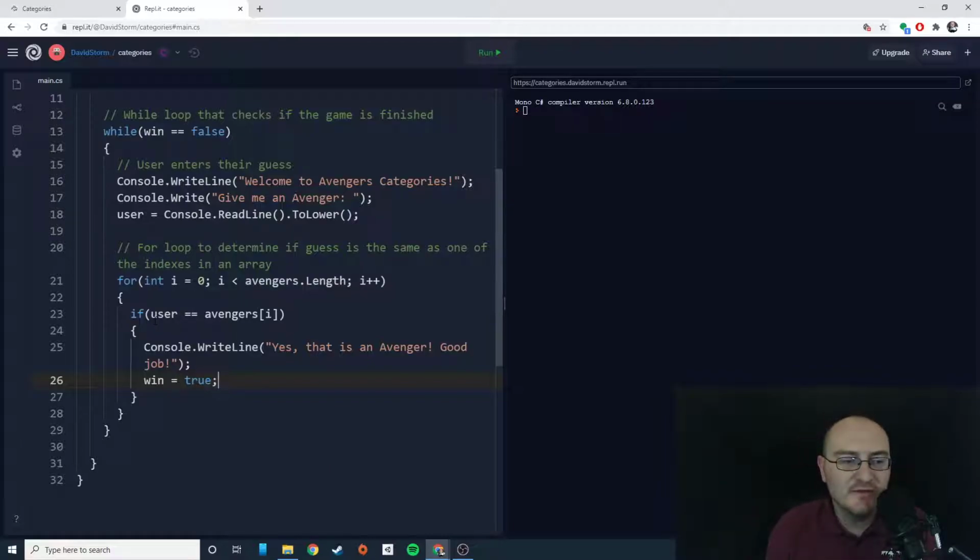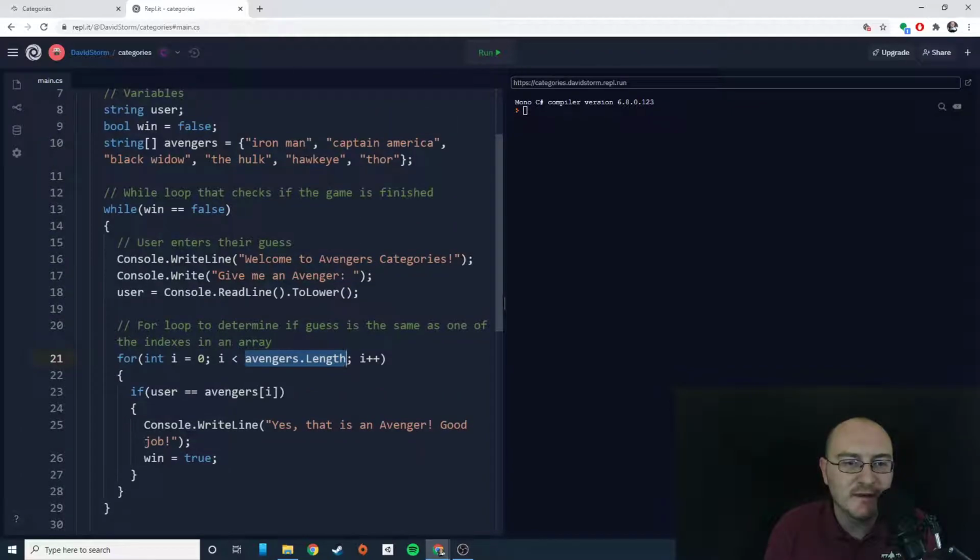Now, some of you are probably thinking, okay, hey, Mr. Storm, I want to actually put in down here, if it's not, then we tell them, hey, that's the wrong guess. Here's the problem. This for loop is iterating through every index in the array. Let's say they entered Hawkeye. Well, if we put it down here inside the for loop, if I did something like this,